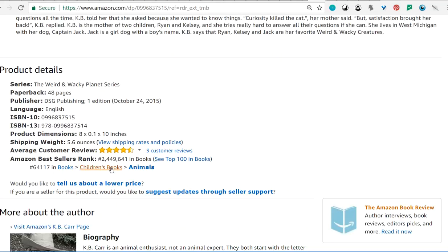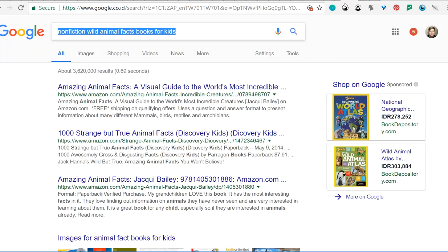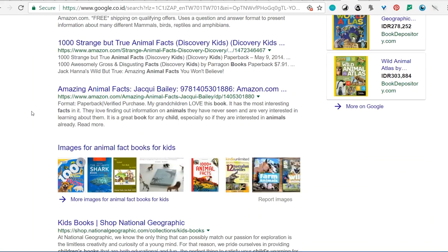So if you scroll down, you're in children's books, animals, which is okay, but probably too broad. With the ebook version, through Kindle KDP, you can choose your categories, but you can also request up to 8 additional categories. So you can put your ebook version in more categories, which means if you can get in some of these other categories,